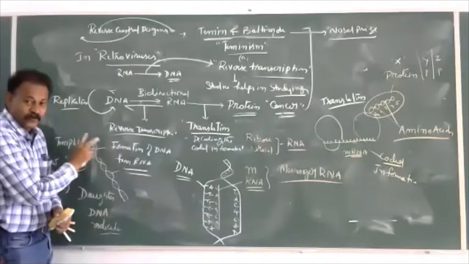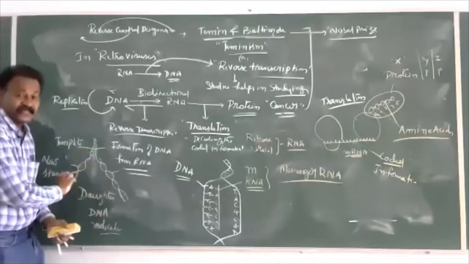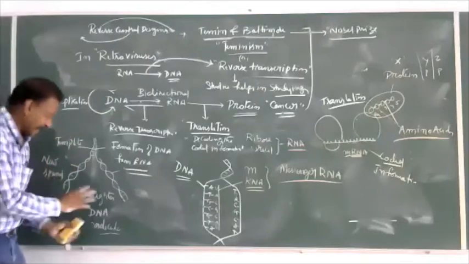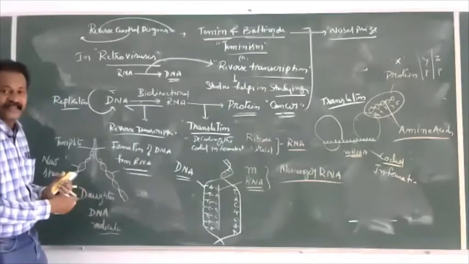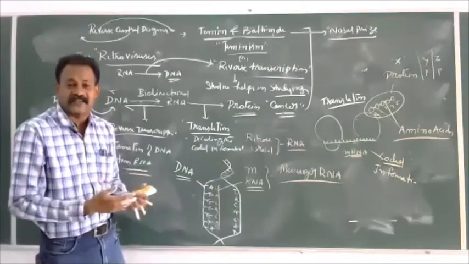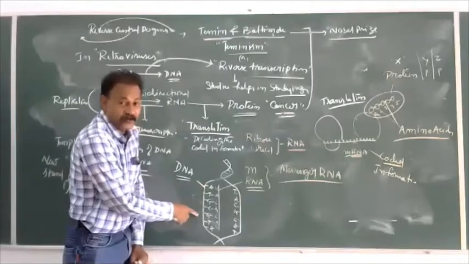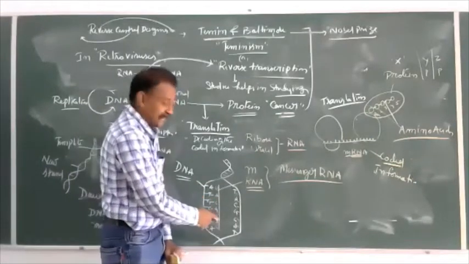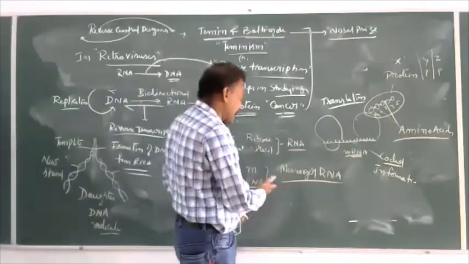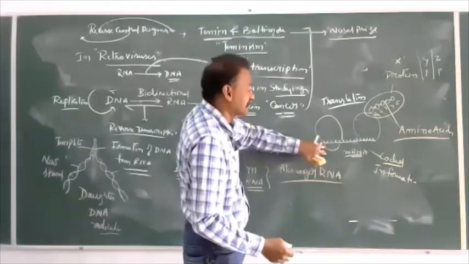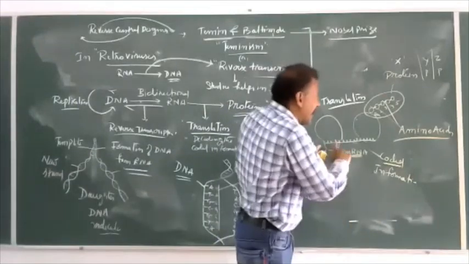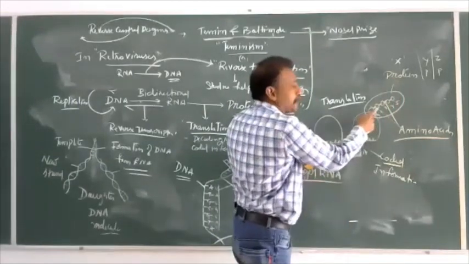A single DNA molecule of 2 polynucleotide chains finally produces 2 DNA molecules with 4 polynucleotide chains: 1, 2, 3, 4. And again, DNA is the basic genetic material responsible for everything: characters, formation, expression and transmission. It is that master molecule that produces mRNA by a process called transcription. This mRNA enters the cytoplasm as messenger RNA and carries some coded information of DNA, regarding which type of protein or which type of amino acid.